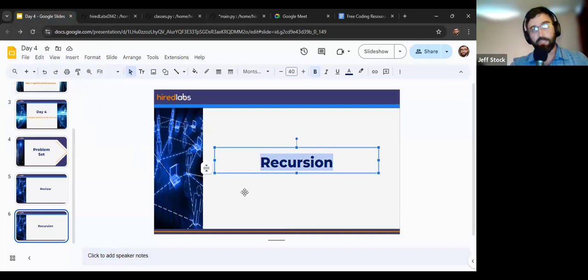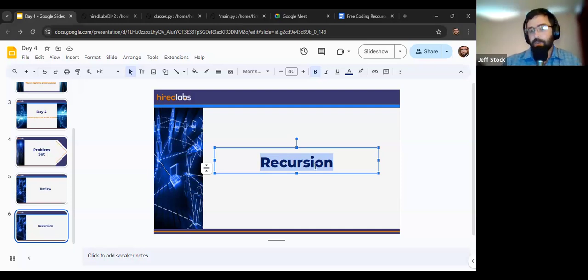We're going to talk today about some optional ways to do things and talk about the choices that are being made and how we make these choices when we're designing our systems. We're going to have a little discussion about design as well. So we're going to start this idea of recursion.